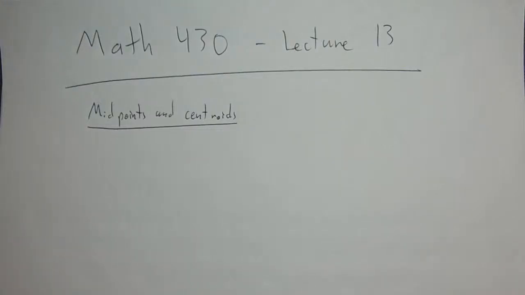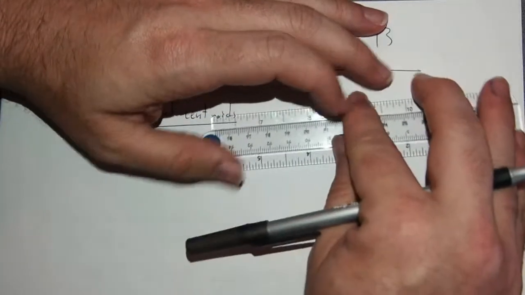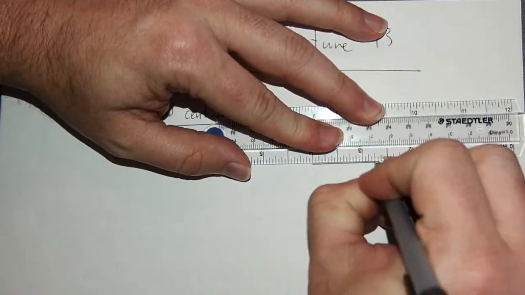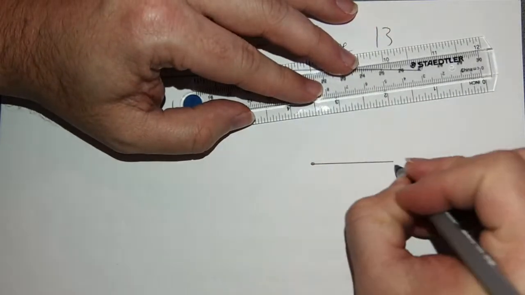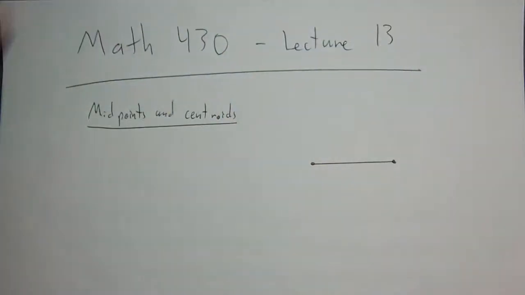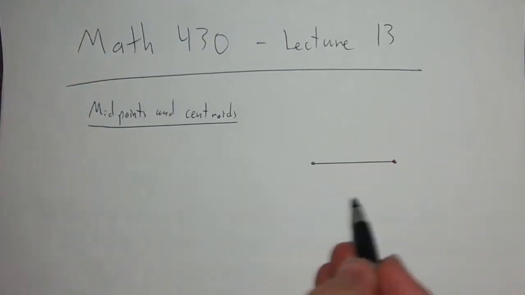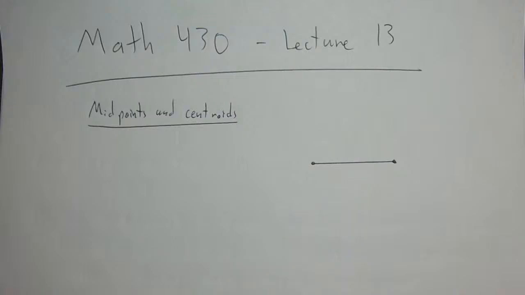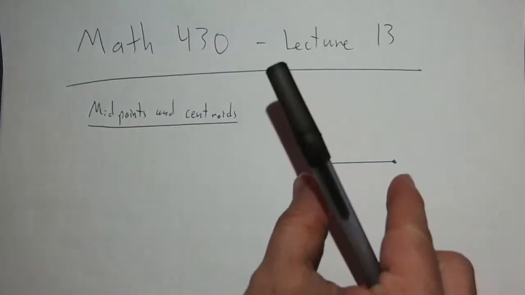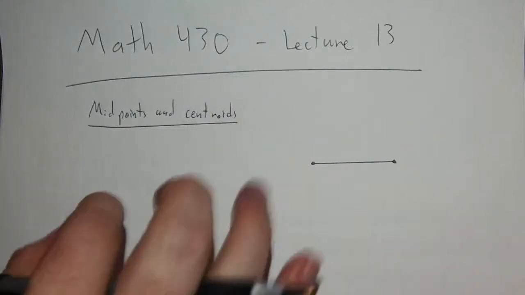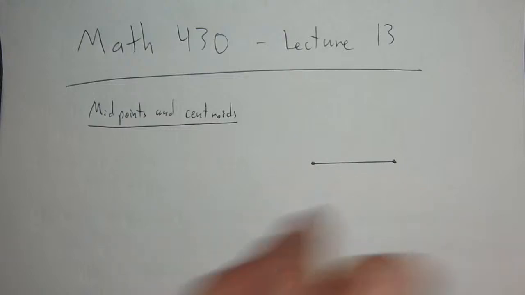So naturally, you would say that if I have a given line segment, so here's one, what's the midpoint of that line segment? Well, you would say it's half of the distance, so this is some distance between 2 points. The midpoint is just the point along this line that is at the halfway mark, right? It is half the distance